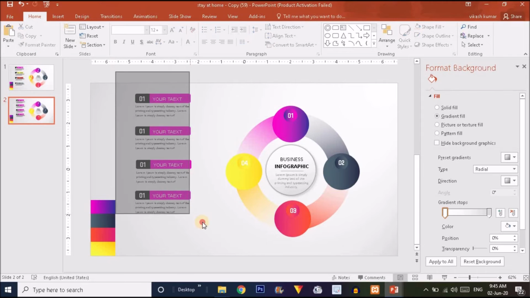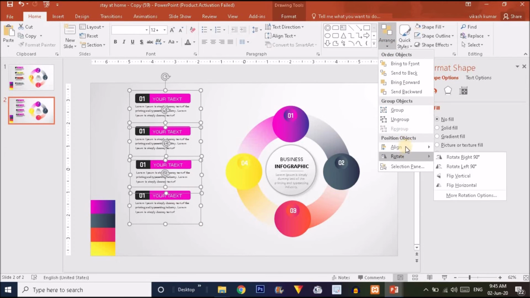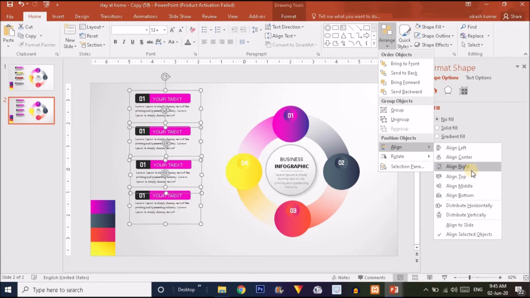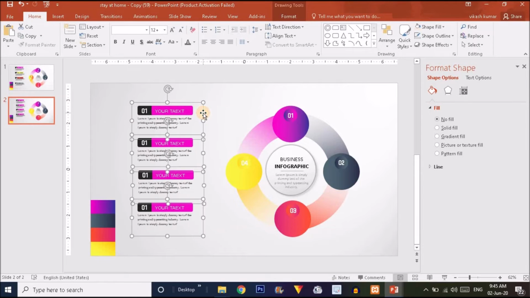So I'm just going to select all these shapes and go to the arrange option, and here you will find a distribute vertically option. Just click on that, it will distribute vertically, and put this over here.